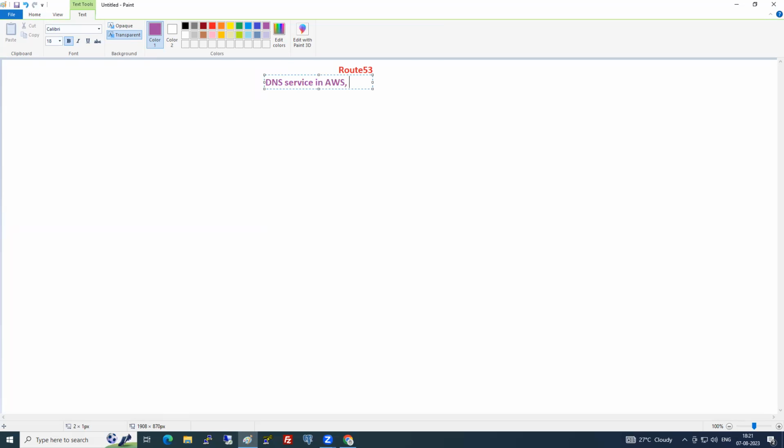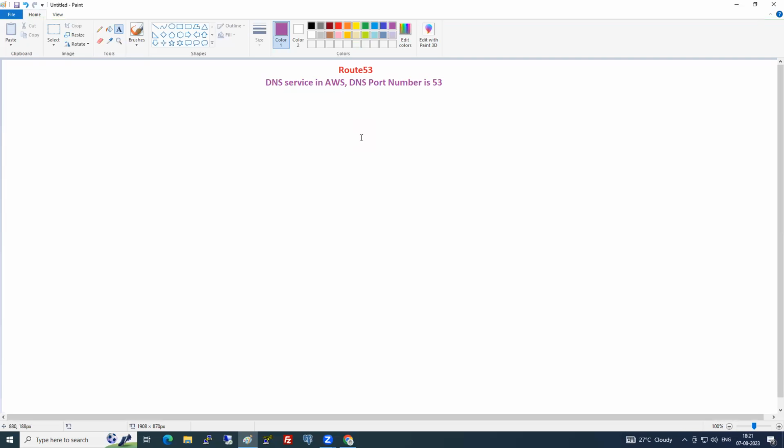Why do we call it 53? Because DNS port number is 53. That's why we call it Route 53. In Route 53, we create records. So if you have a nasty URL of your load balancer, we do the makeup to your good, nice URL. For example, you have boom.com. So boom.com will be routed to your nasty URL, correct? That is a record that we create, routing from one URL to another URL. That's why we call it Route 53.